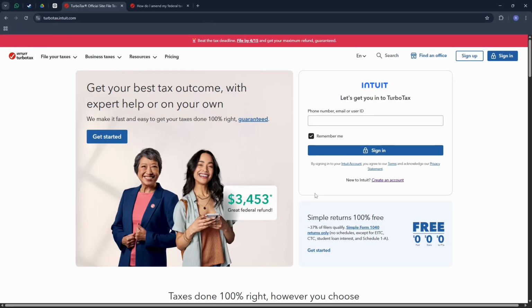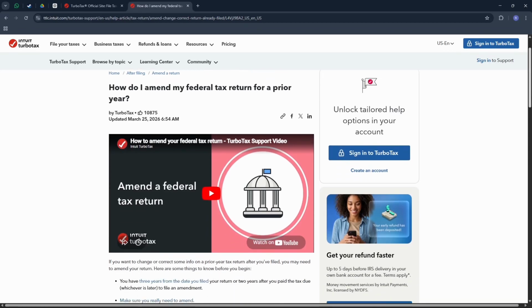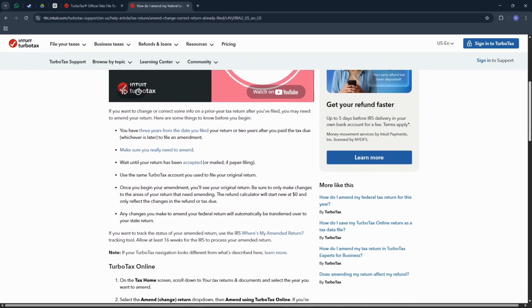In this guide, I'm going to show you guys how to amend your federal tax return. Let's get started. So first, if you need to correct any information on your filed return, you'll need to submit